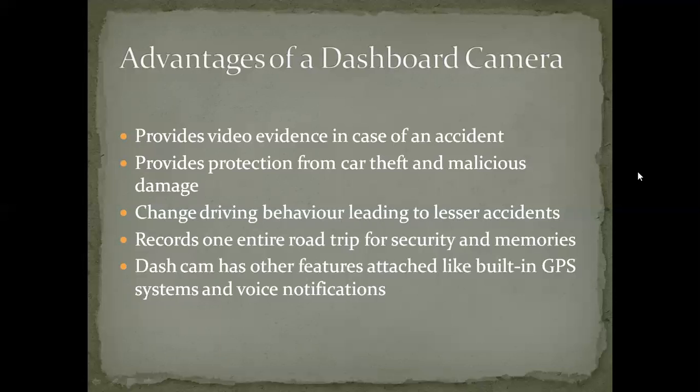The parked recording feature is enabled by hardwiring your dash cam to your car battery. A dash cam provides irrefutable video evidence that can protect you against false accusations after an incident, road rage, drunk drivers, and insurance fraud, just to mention a few. The video footage can also be used as evidence to assist in removing bad drivers in your community from the roads,